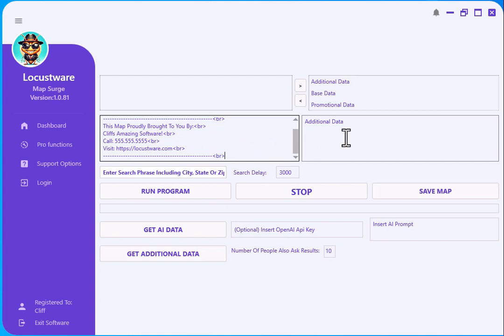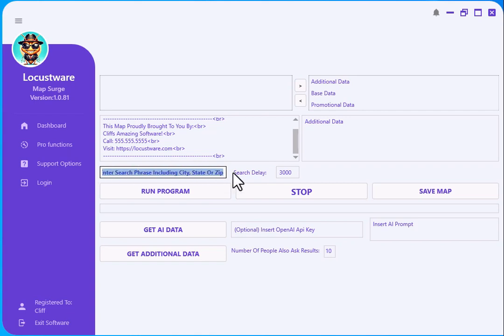Okay, now for additional data, we have just all sorts of options here. You can just put in data if you want, or you can use People Also Ask to get data to put in. You can use Get AI Data. And what I'm going to do is I'm going to do the People Also Ask. But before I do that, because it's going to use this field, I need to put that information there. Right here, this is our main search phrase, whatever you're going for. So I'm just going to put HVAC repair,